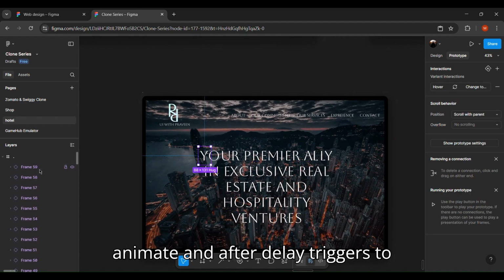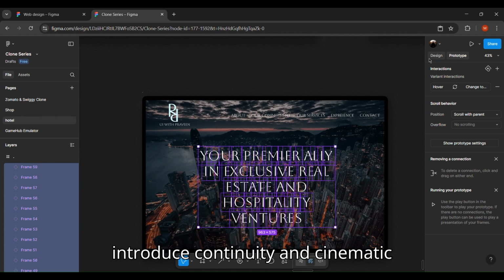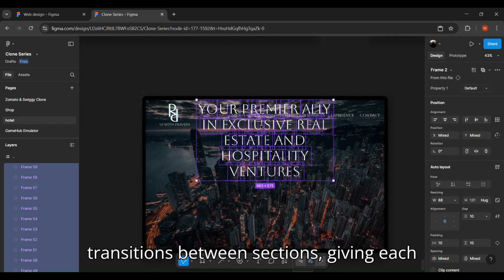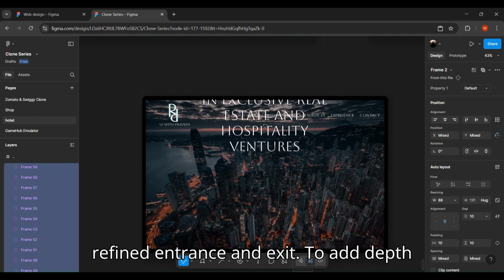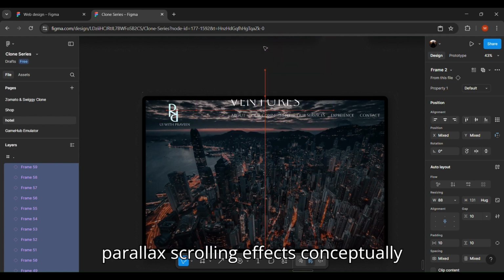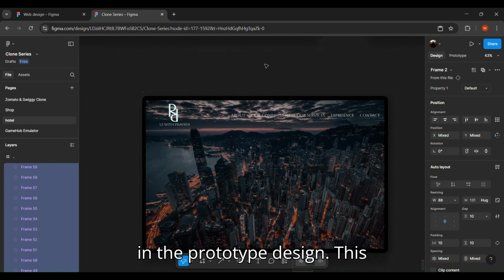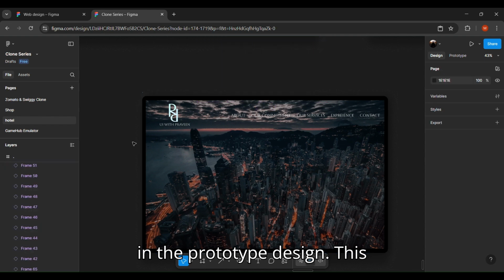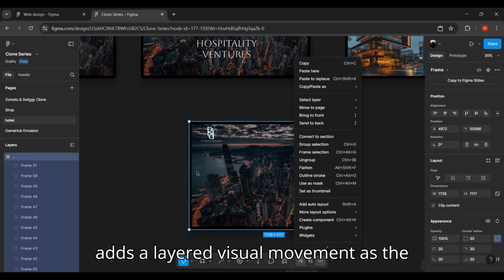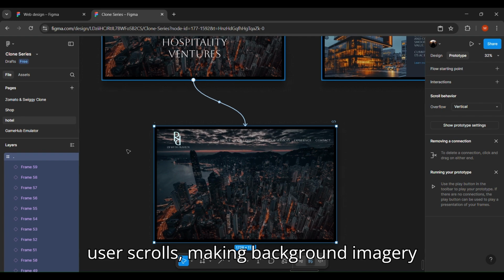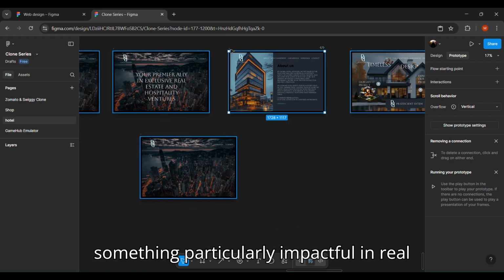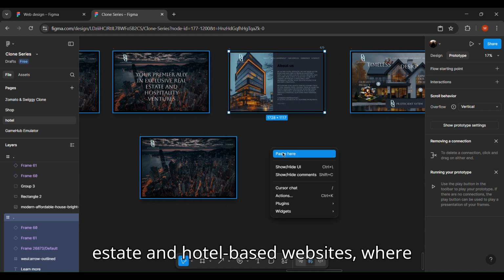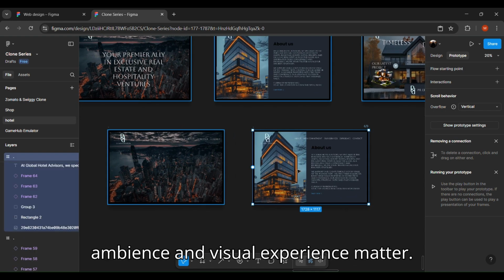I used smart animate and after-delay triggers to introduce continuity and cinematic transitions between sections, giving each element, from text blocks to imagery, a refined entrance and exit. To add depth and a modern feel, I incorporated parallax scrolling effects conceptually in the prototype design. This adds a layered visual movement as the user scrolls, making background imagery move slower than the foreground to create a sense of motion and dimension, something particularly impactful in real estate and hotel-based websites, where ambience and visual experience